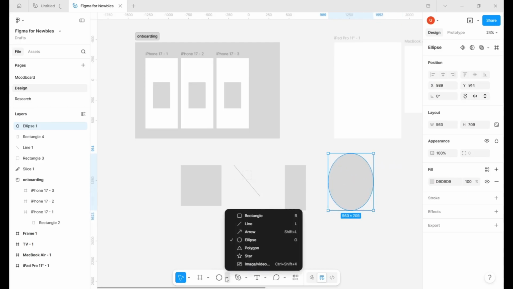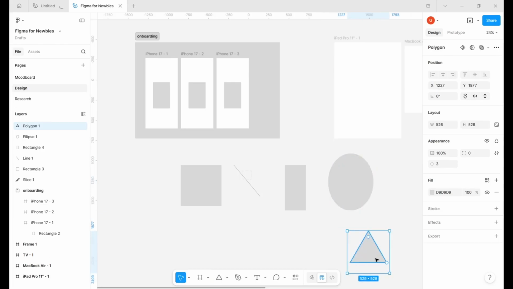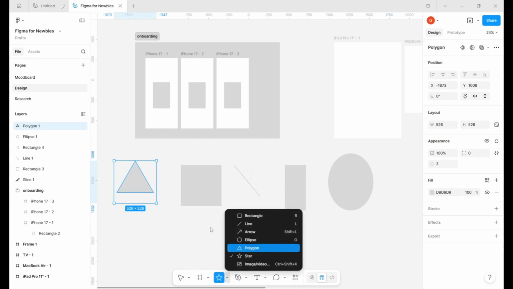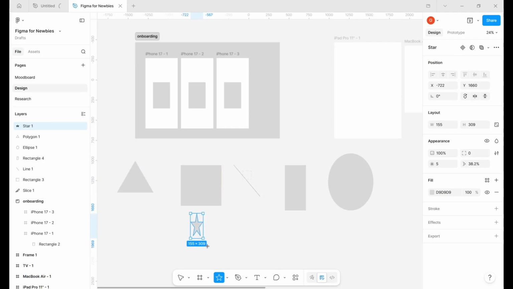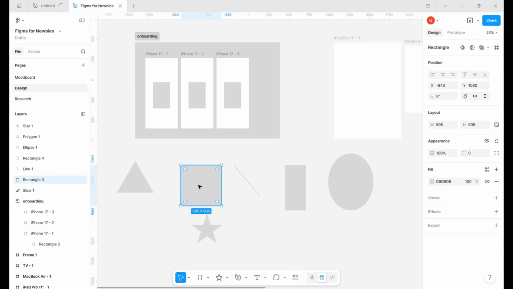You can do that also for polygon, hold shift for a perfect polygon. We can do this for a star too. Draw a star, hold your shift to get a perfect star. Okay, so for this last option, let's say I'm clicking on this image,